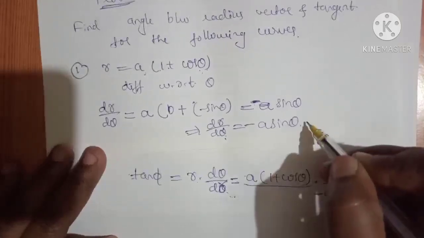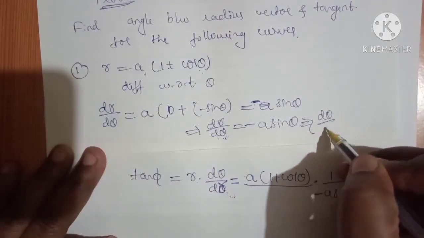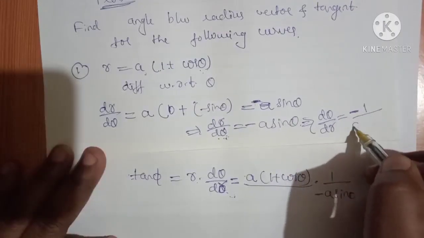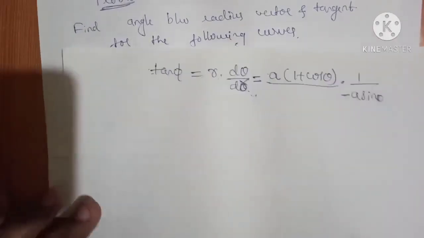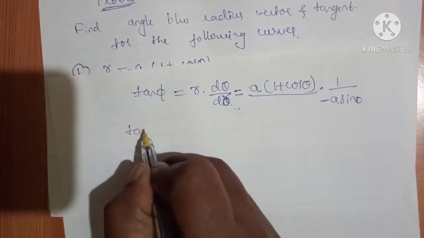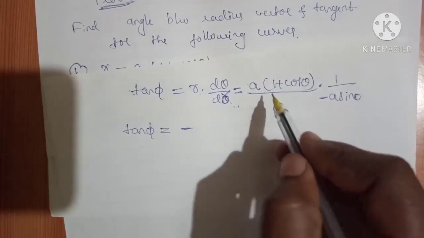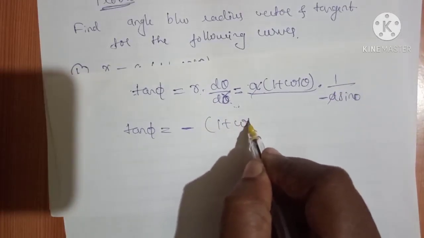Here you have to take the reciprocal. On taking reciprocal, we get d theta divided by dr equals minus 1 by a sin theta. Now simplifying, we get tan phi equals minus, a cancels, 1 plus cos theta